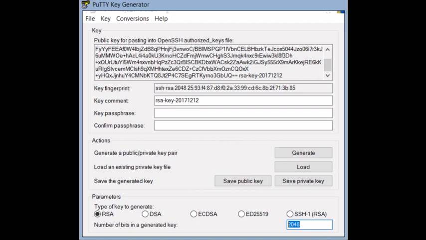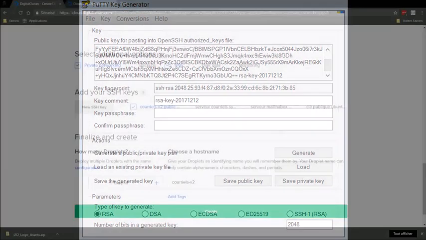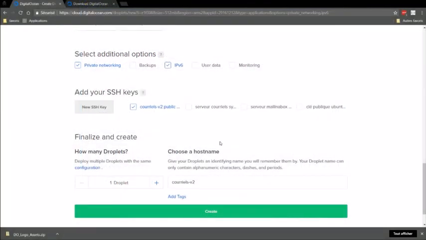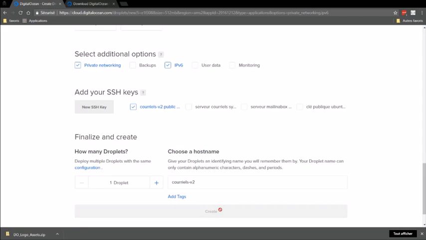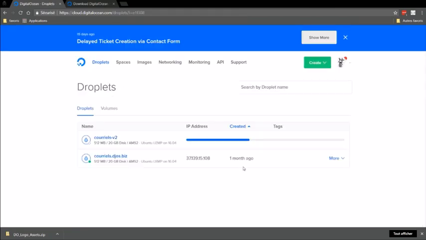So now that the private key is secured, here I didn't create the droplet, so I'm going to do it now. So I'm just creating the droplet now. It's named courriel-v2, which means emails v2 in French. So just waiting for the droplet to create. Great, the droplet is now created. I have the IP.